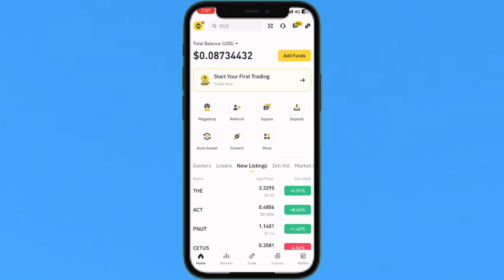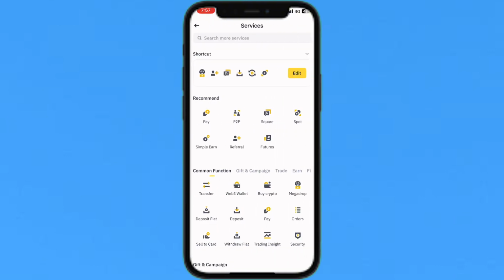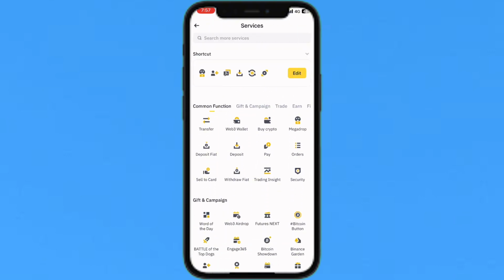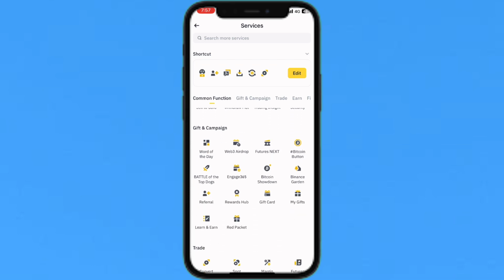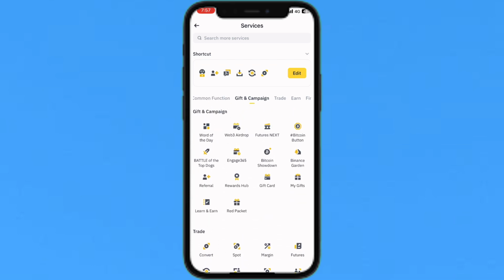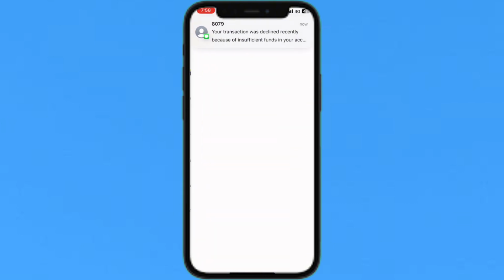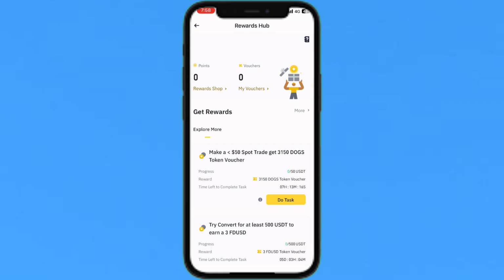So just tap on my Binance account and officially logged in. I will just tap on my More button in the dashboard, and after that I will find my Reward Hub, where I can find my rewards and claim them. So when you find your Rewards Hub programs, just tap on it, and after it loads completely, right now I don't